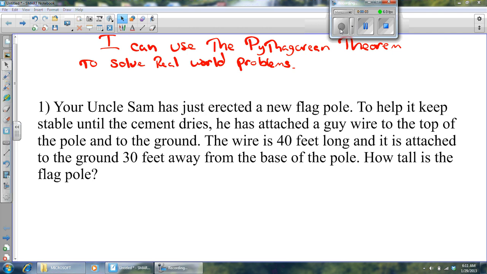Oh, pre-algebra students, Mr. Lawrence here. We're going to do some application problems with the Pythagorean theorem. And at the end of the day, you'll be able to say, I can use the Pythagorean theorem to solve